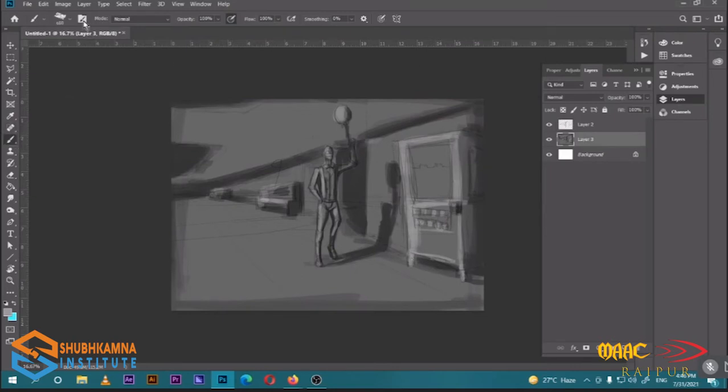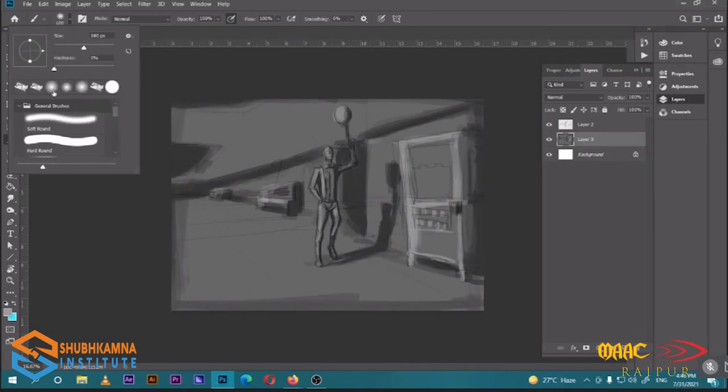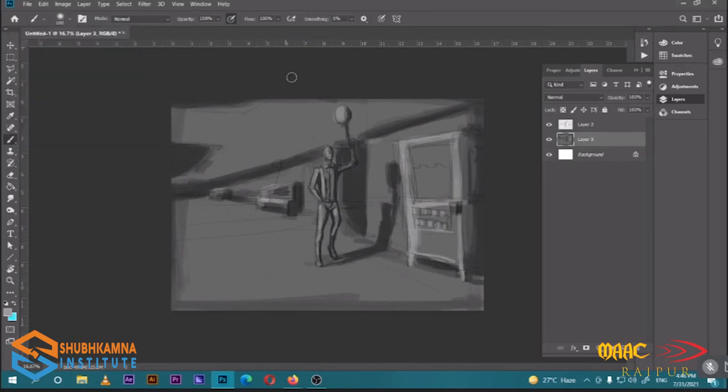Now we're gonna change our brush to a very smooth rounded brush over here, which is soft rounded. You can use this for reflections and in order to smooth the edges of the lights.